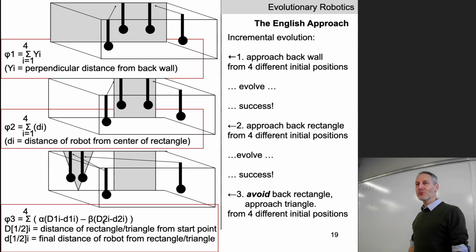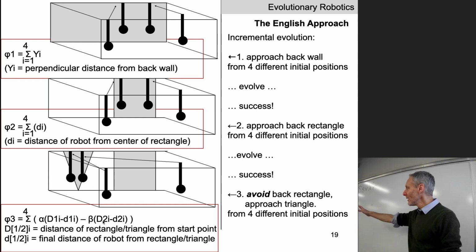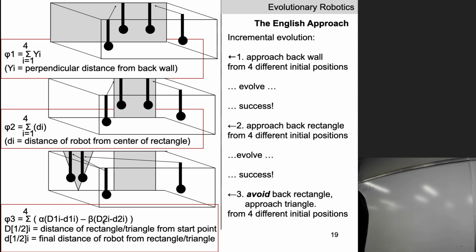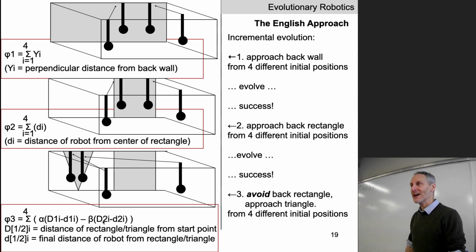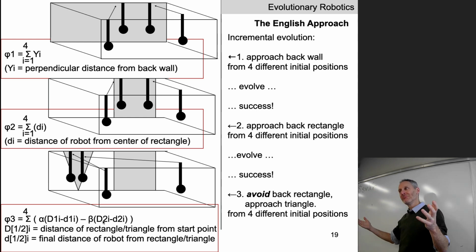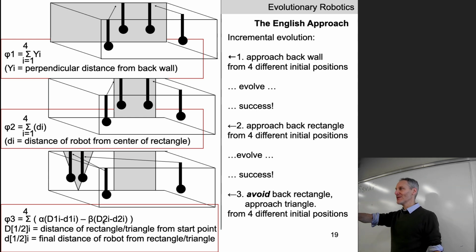Hard to know with the gantry robot. It could have been that. It could have been the unweighted terms, that as it went towards the triangle, it just ignored the rectangle and went close to the rectangle, or it was the Braitenberg coward and just stayed away from rectangles and didn't dare go close to the triangle, even though it could sense it. Who knows? They probably carefully set alpha and beta until they got something that went to the triangle and away from the rectangle. So this is a